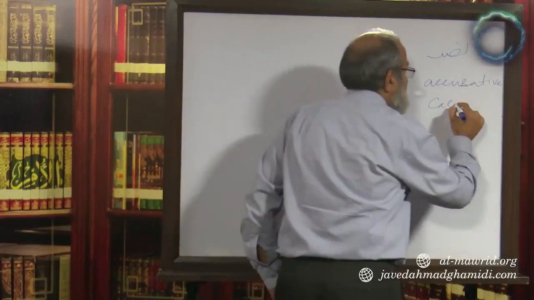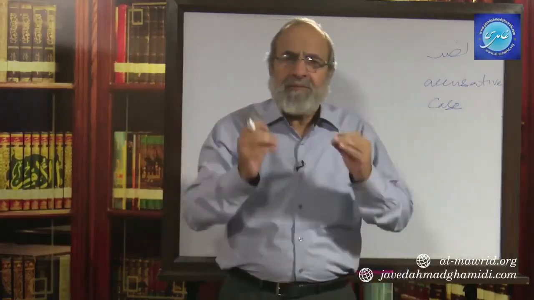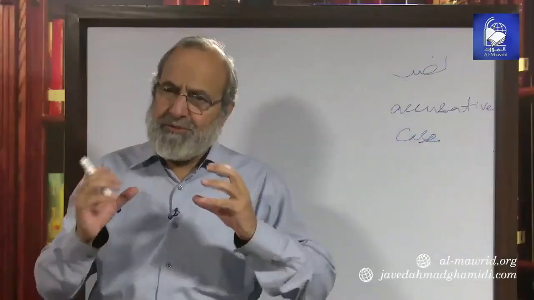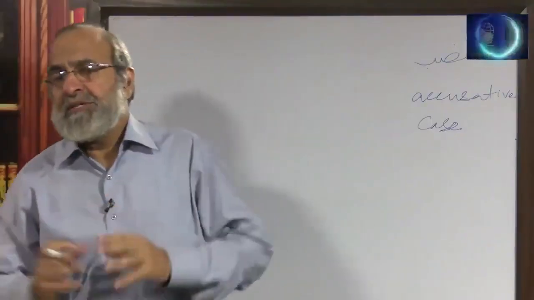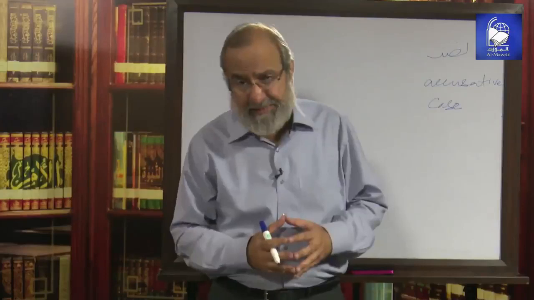I did not mention it before, as you would kindly recall, because I mentioned that when it comes to the question of Rafa or Jar, we have a limited number of possibilities. In Rafa there are 4, in Jar there are 2, wherein we talk about those examples, those categories, and we have done with the understanding of why nouns take Rafa and Jar forms. When it comes to Nasab, the possibility is much bigger. There are a far greater number of different reasons why a noun appearing in a sentence would take this accusative form, accusative case of Nasab.